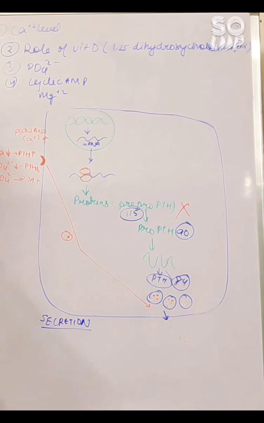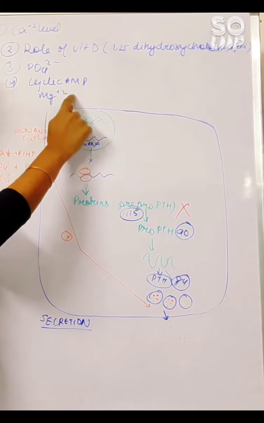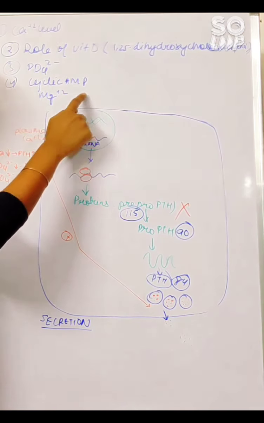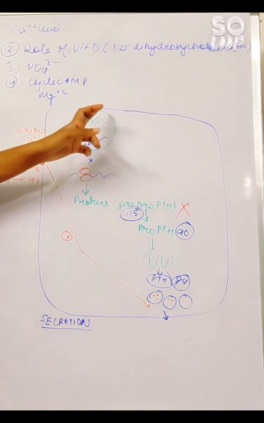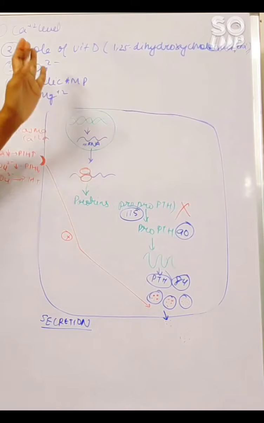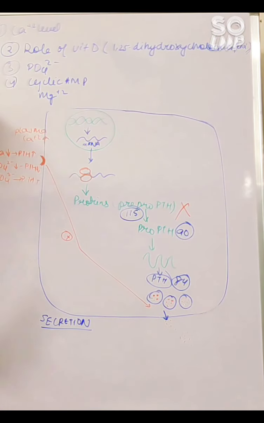That we know. Okay. But as I told, decreased magnesium will result in secretion of PTH, but if there is a severe decrease in magnesium, then this will inhibit the PTH secretion